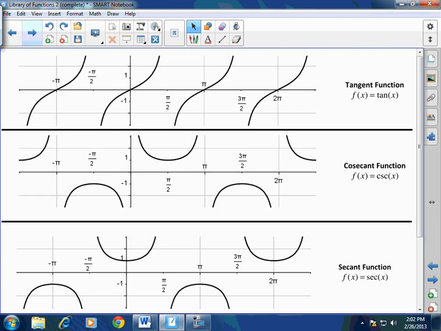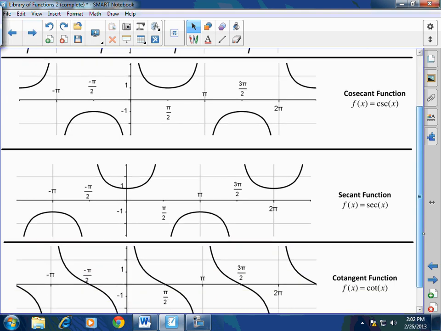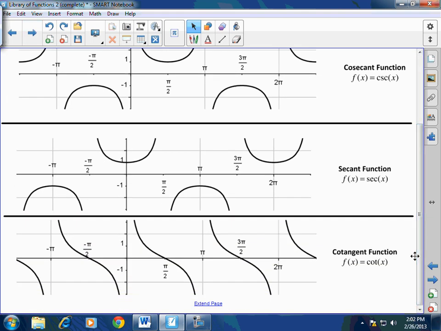Why am I giving it to you now? Some teachers don't prepare this for you. So I just want to make sure you have a good solid set of notes when you leave here. This is tangent, cosecant, and secant, and cotangent. Don't worry about this. I promise, not yet. This will be next year and also junior year. But the ones that we want to do, you stop at